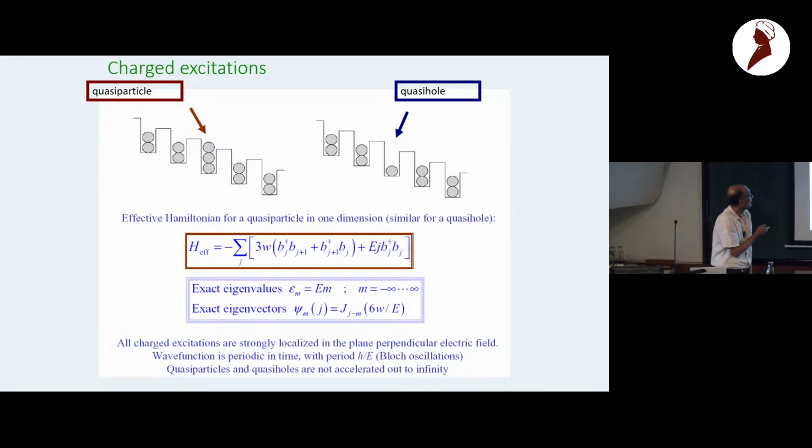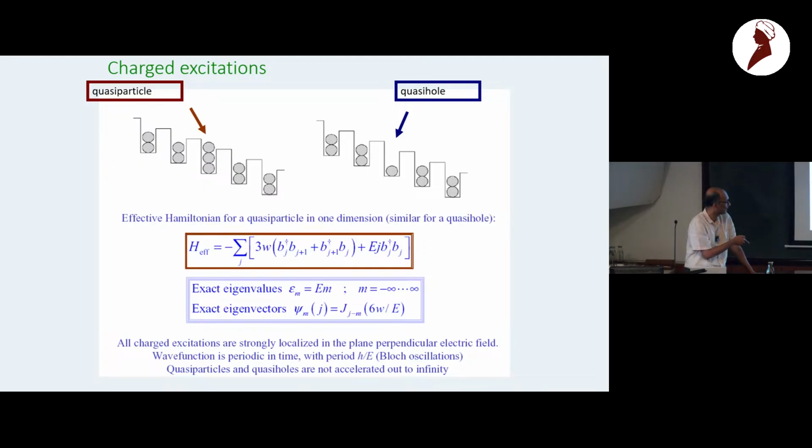Now, as with the bosons, suppose we are in the original Mott state, how can energy be absorbed? Can I create this quasi-particle and quasi-hole excitation? The answer is no, because if I create one of these extra quasi-particles, it cannot hop anymore. Its effective Hamiltonian has a hopping term, but it also has the electric field term, and therefore it's completely localized. It cannot reduce energy by hopping from one side to another.